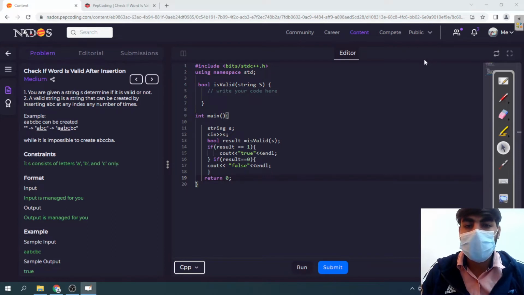So in this video, we are going to discuss another problem of our stack module, which is check if word is valid after insertion. Firstly, we discuss our question, then we move to our approach. In this question, you are given a string, and you determine if it is valid or not. They are providing us a string, and we have to find out whether it is valid or not. A valid string is a string that can be created by inserting A, B, C